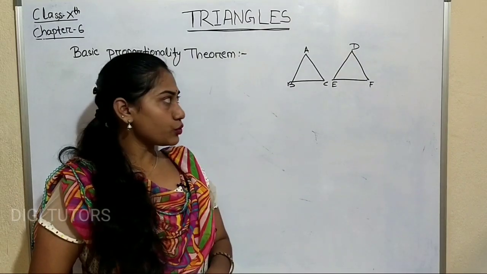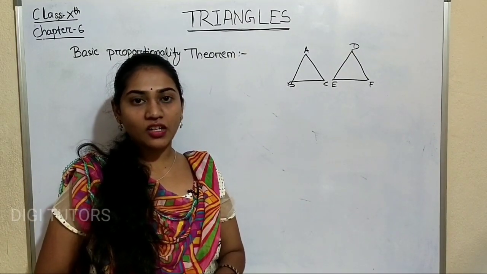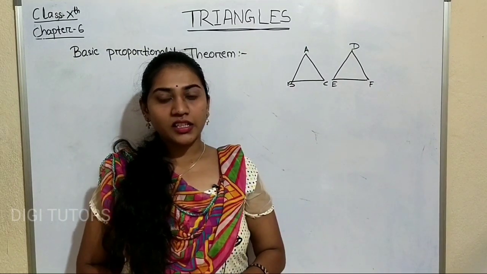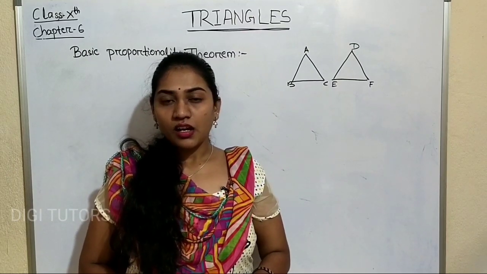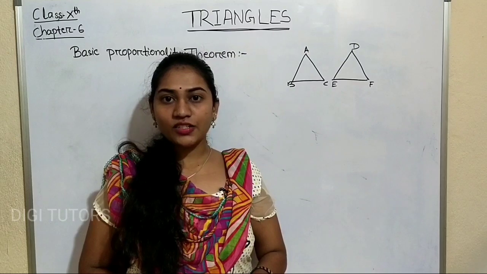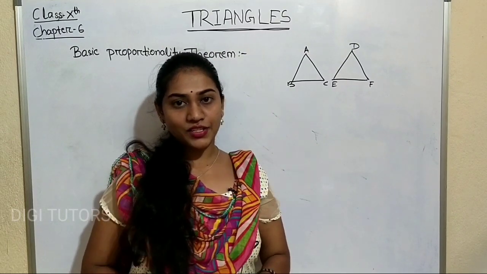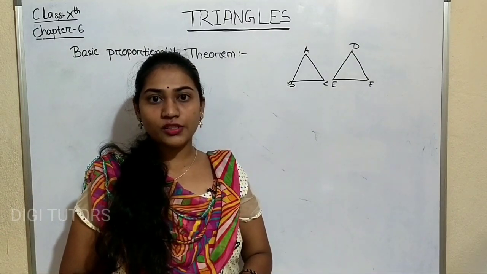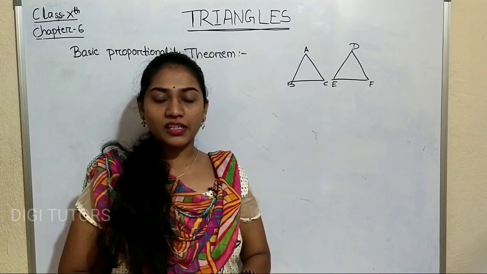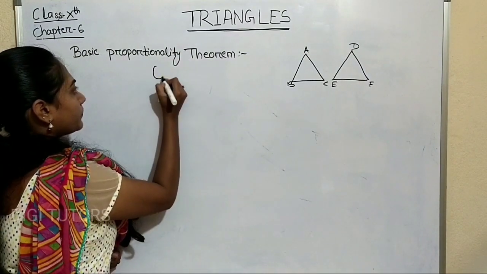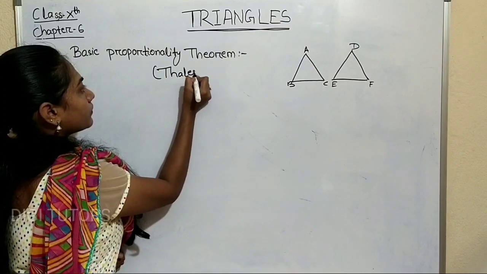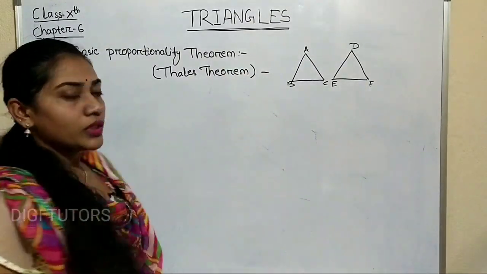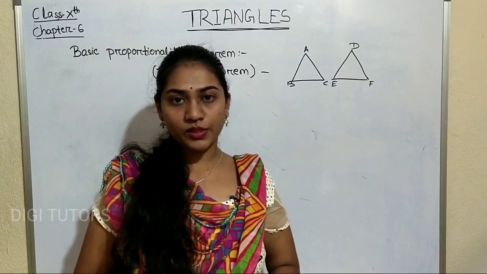As we know, if two triangles have equal angles, then we call that an equiangular triangle. According to a famous Greek mathematician, the ratio of the corresponding sides of equiangular triangles is always the same irrespective of their size. So it is believed that he got this from a basic theorem which is known as the basic proportionality theorem. Later it is also known as Thales theorem. So let's see what is Thales theorem or basic proportionality theorem.